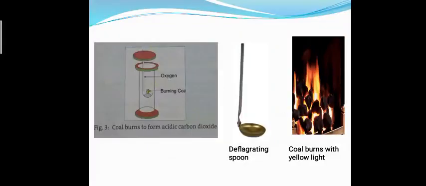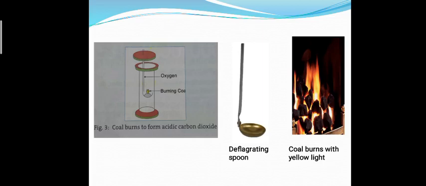In the same way, we can burn coal, that is carbon, by taking it in a glass jar in a deflagrating spoon. The fumes produced after burning are tested with moist blue and red litmus paper. Students, a deflagrating spoon is a long-handled spoon with a cover which is lowered into a glass jar. You can see the deflagrating spoon in the second picture.